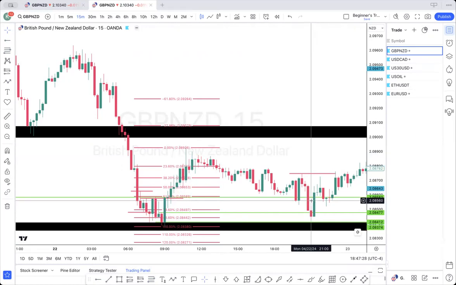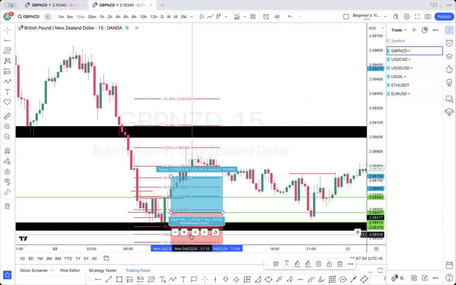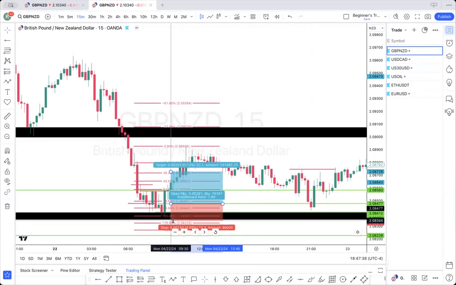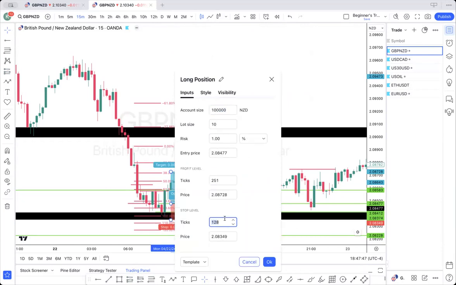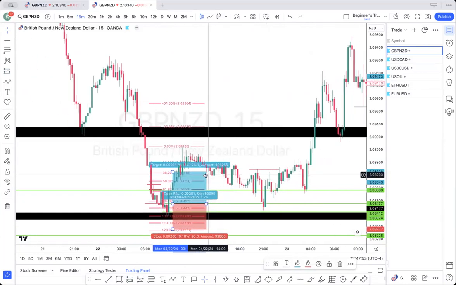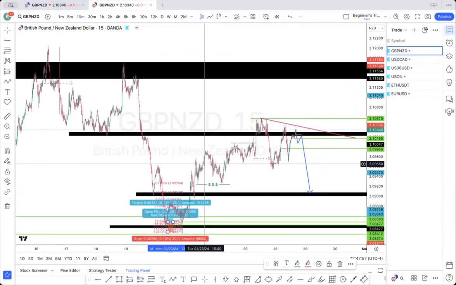And if you mark up the top of the wick, because this happened at 11, so you can put your entry here. You want to cover this. That is 13 pips, 12 pips. So of course, I'm going to put 20. Okay. And because it swept